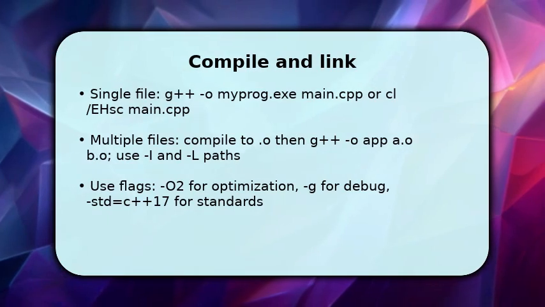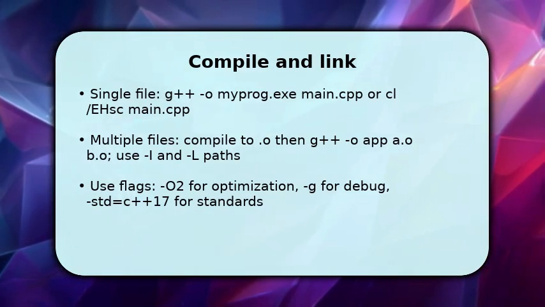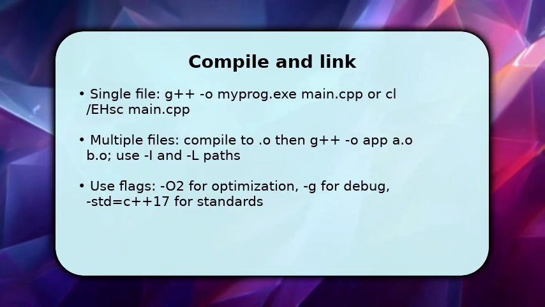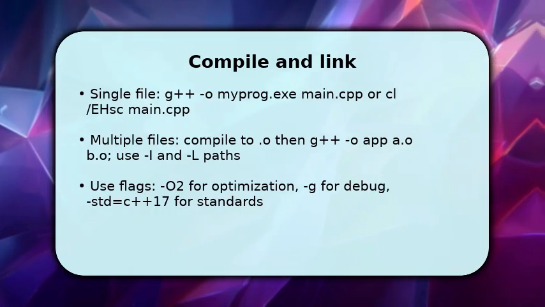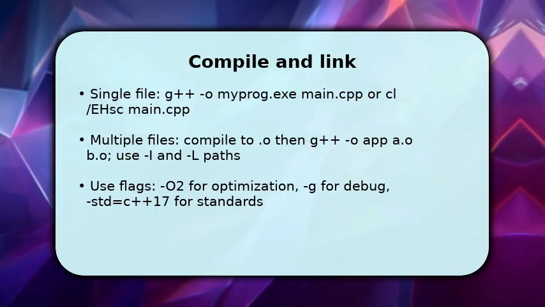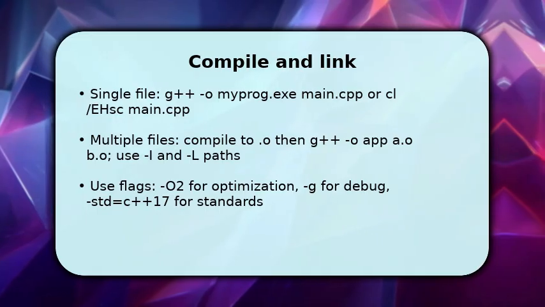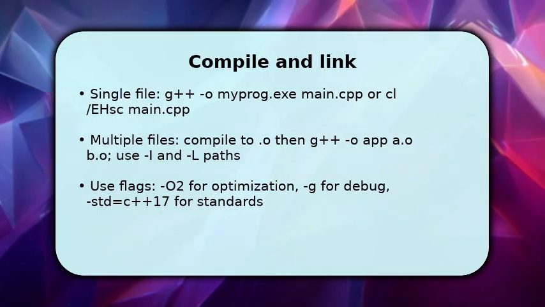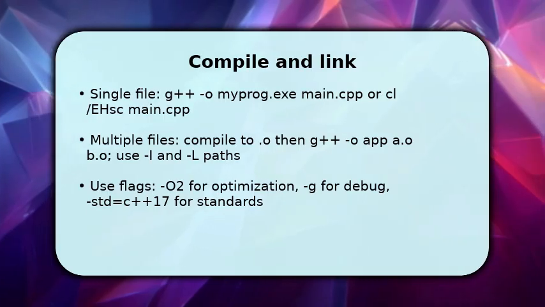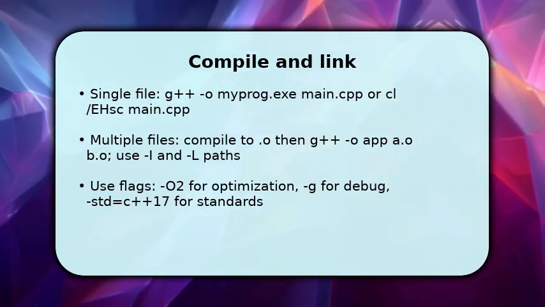Now compile and link. For a single file, use g++ -o miprog.exe main.cpp, or Microsoft cl /EHsc main.cpp. Once you have multiple sources, compile each to object files, then link them together: g++ -c a.cpp and g++ -c b.cpp and